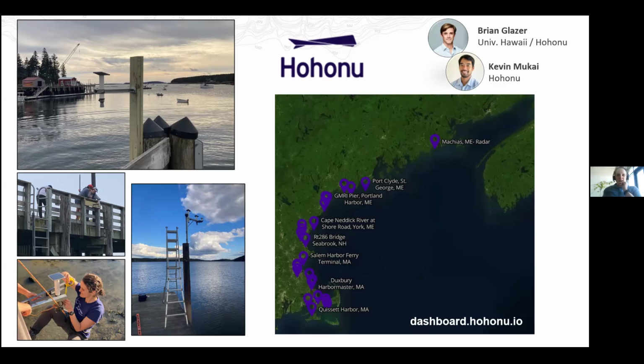So we installed these low-cost sensors in 4 coastal Maine communities, and this map on the right is just showing how, since we installed those 4, this project has served as a blueprint for further expanding the network, which has been really exciting, even again, just starting with 4. We installed a combination of ultrasonic gauges and radar gauges. So this PVC houses a little bit of onboard data storage and telemetry pieces, and then there's a little sensor on the bottom that's either radar or ultrasonic, so it sends a signal down, bounces off the water, measures the time that it takes to come back up, and gets a water level.